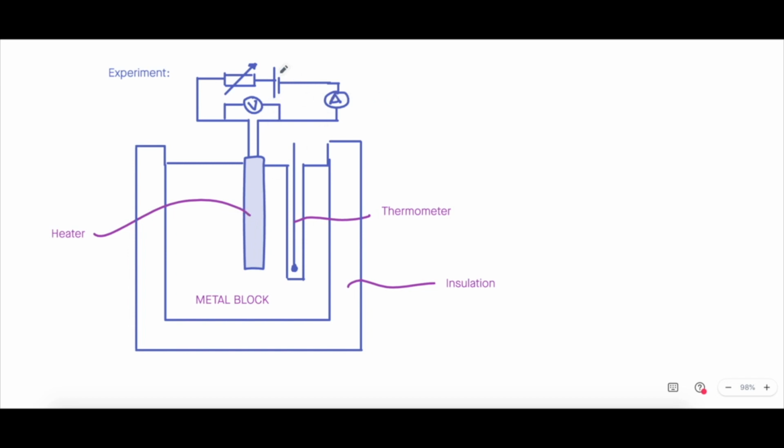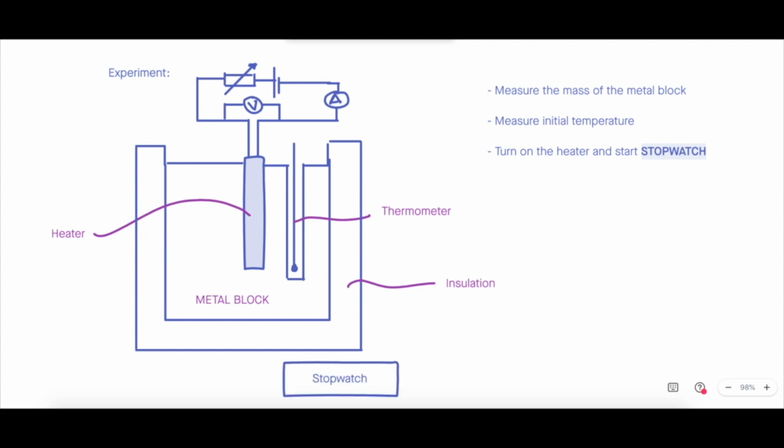So what's going to happen is you turn on the heater, and what that's going to do is it's going to warm up the metal block, and then you can record the temperature change because the thermometer is also within the metal block. To reduce any heat loss to the surroundings, you have insulation. So this is insulation around the metal block. And what you do is, first of all, measure the mass of the metal block, then measure the initial temperature, then turn on the heater and start a stopwatch. So that's probably an additional piece of apparatus you should add. Then you wait for the thermometer